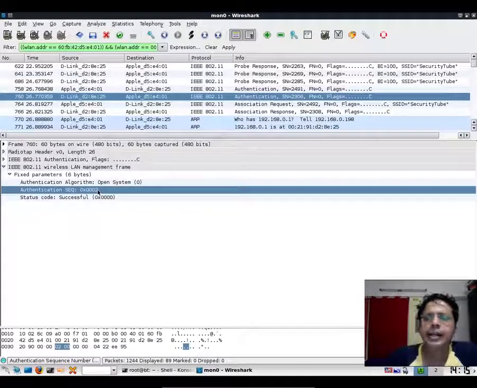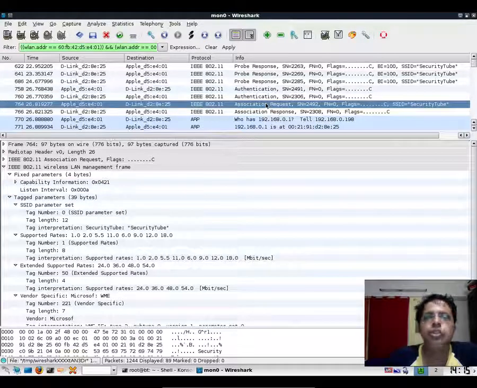Now in later videos, when we use shared authentication, you would see a lot more packets involved in the authentication phase. Anyway, after authentication comes the association phase.